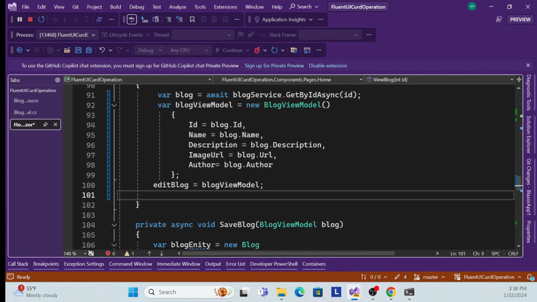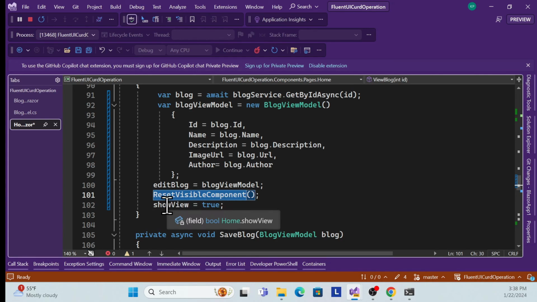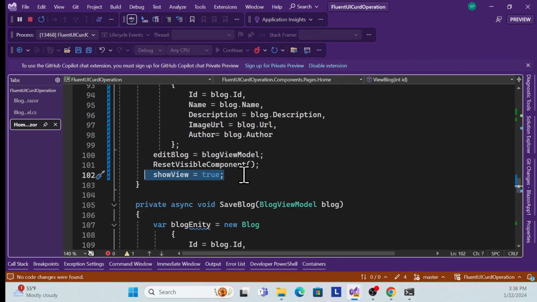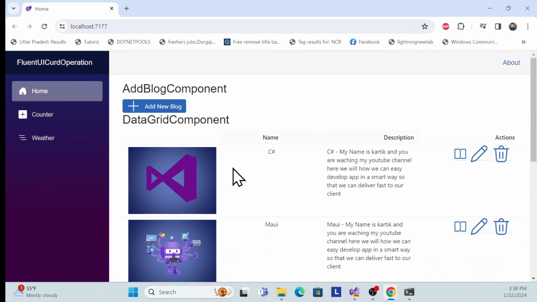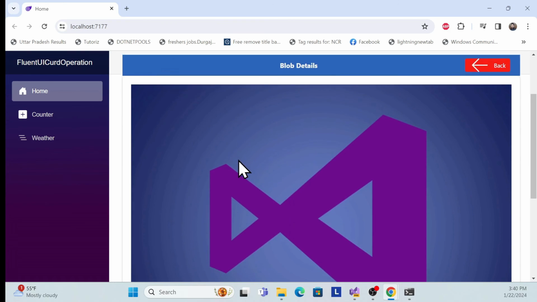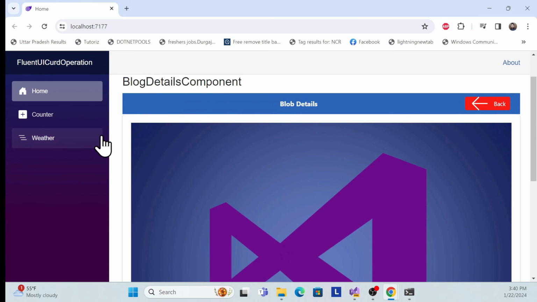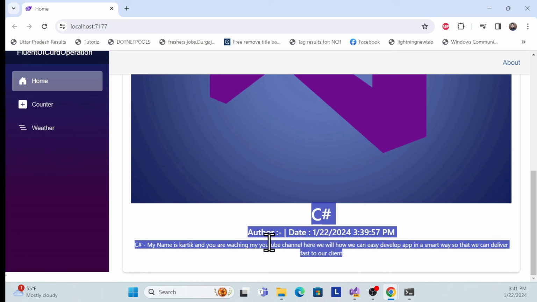And finally what I can do, I can call that function, that reset component, as well as show view true, right? So that once I click, that view show should be true. So I hope it should work now. Let me open, and then once I click, now it's running perfectly. And also we can get that header section, and also we can get the image, as well as that block details